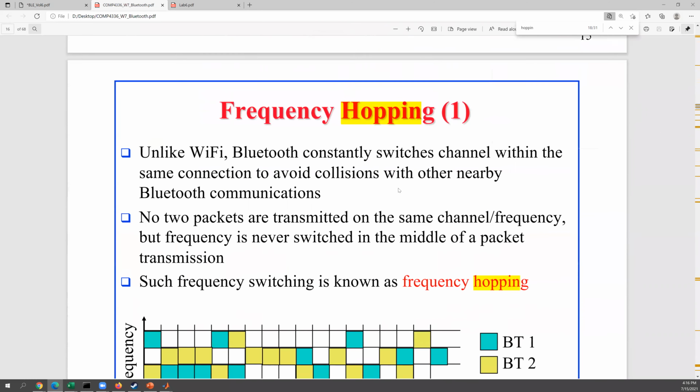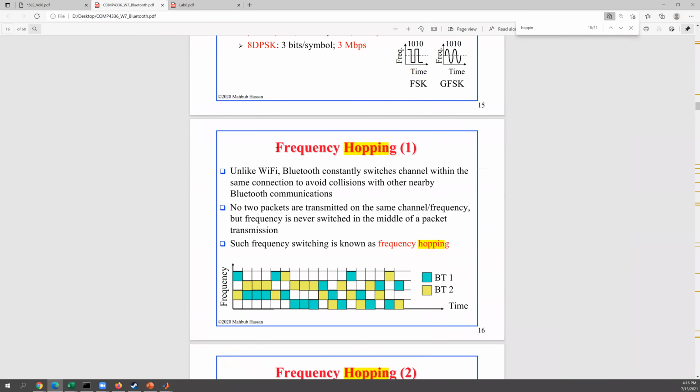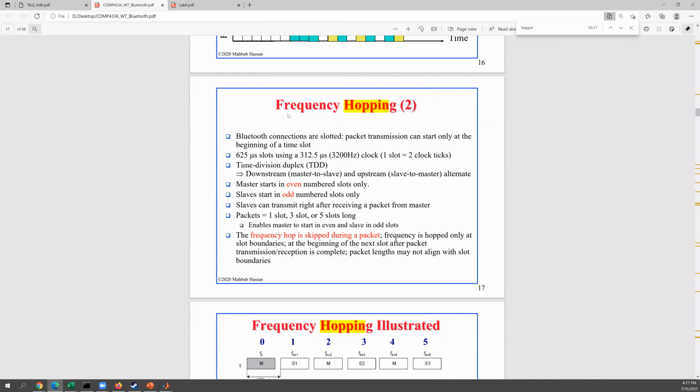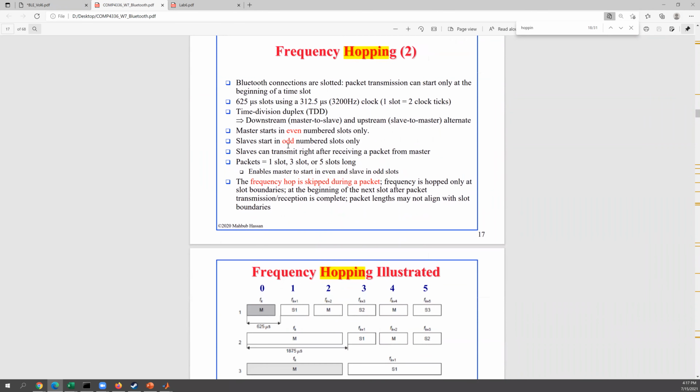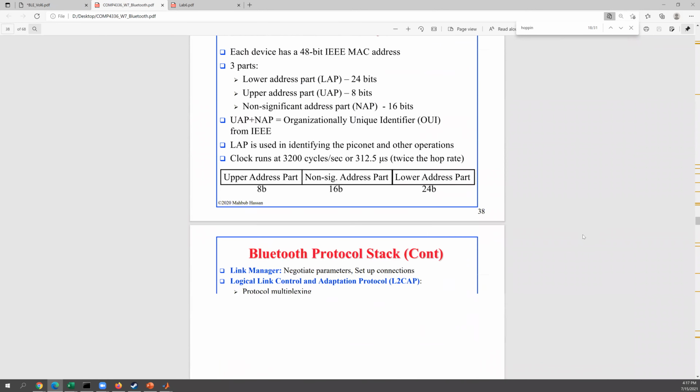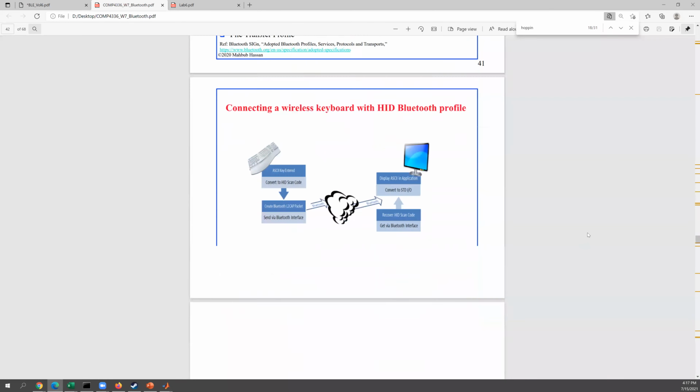It's here, frequency hopping. So at first, we need to understand why Bluetooth needs to do the frequency hopping. Let's go through the lecture notes. And after understanding this, just go to page 49 and understand